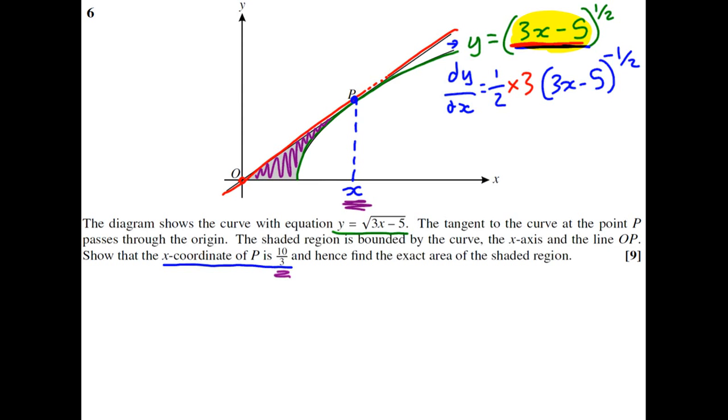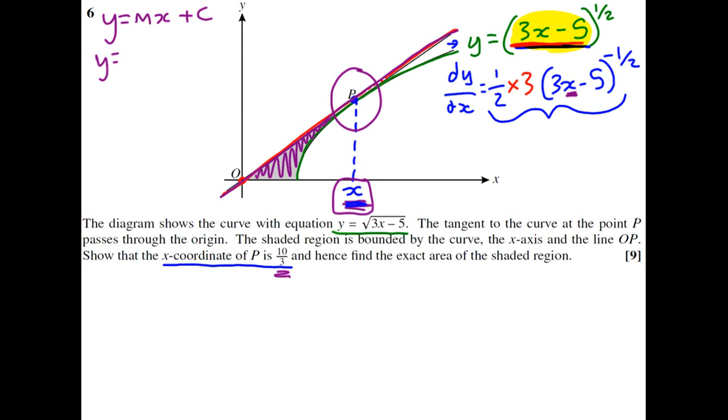So we know what the gradient is at this point, and if we're just at the point x, we keep that x as x. So when we think about the equation of this red line, this tangent line, we want it in the form y equals mx plus c. So m is your gradient, and we've just said at this point x, the gradient is this, with x left as x. So it's 3 over 2,